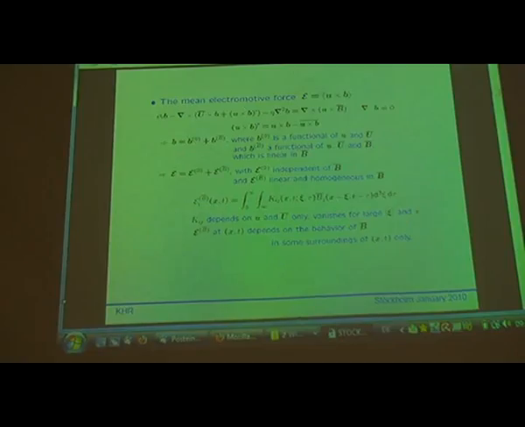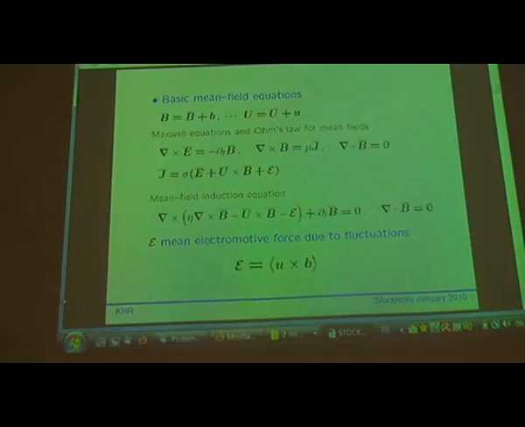Karl-Heinz, just a question of language. Historically, why do people call this an electromotive force? Because it's like an electric field. It is not exactly an electric field. If you think of the electric field which occurs in the Maxwell equations, then this term doesn't belong to the electric field. But it has the same dimensions as the electric field.